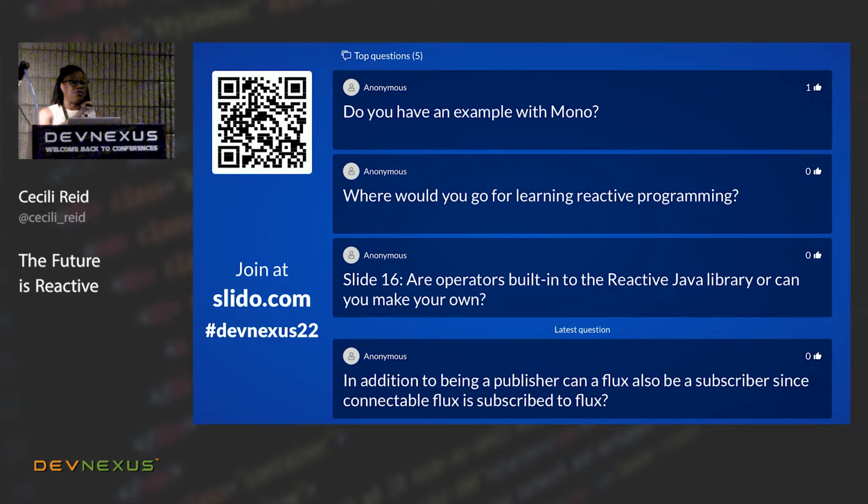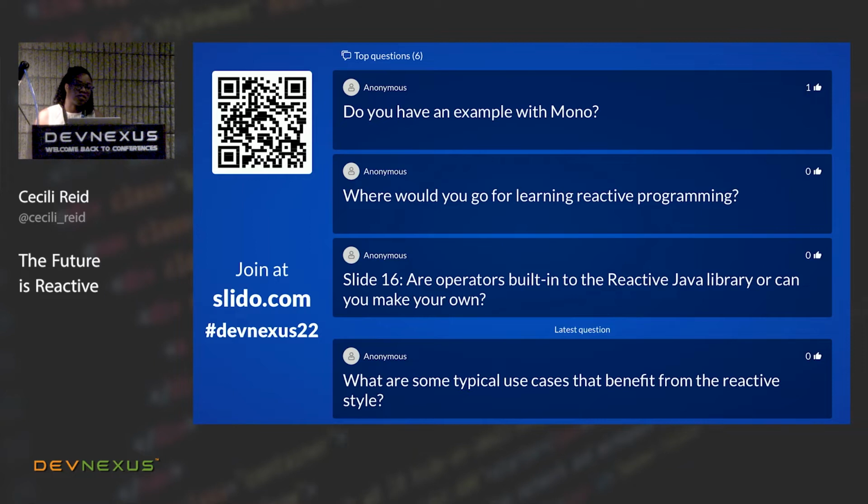I wanted to understand reactive programming and what fluxes were and all of those terms before I tried to understand WebFlux. And similarly with RxJava? I don't think I've used anything with RxJava. No. So someone had asked if I have an example with Mono. I kind of do. I can get back to that.